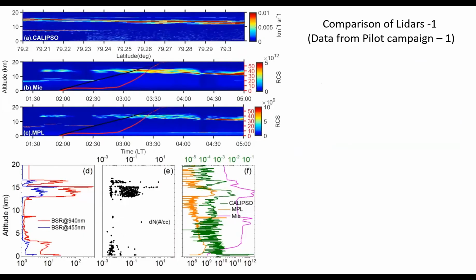I'm showing here how these LiDAR observations compare to the balloon measurements, and what is missed in the LiDAR observations. If you see, this is a profile of COBALT backscatter ratio, this is the particle number concentration from CPS, and this is the